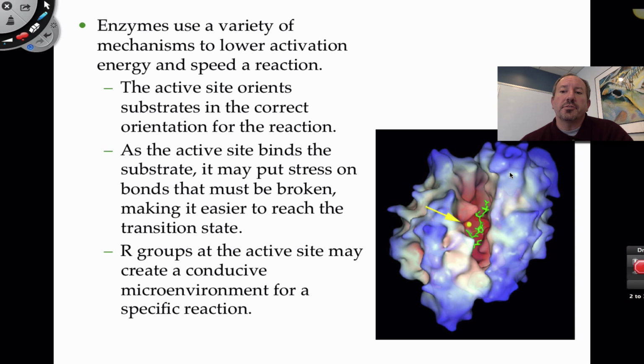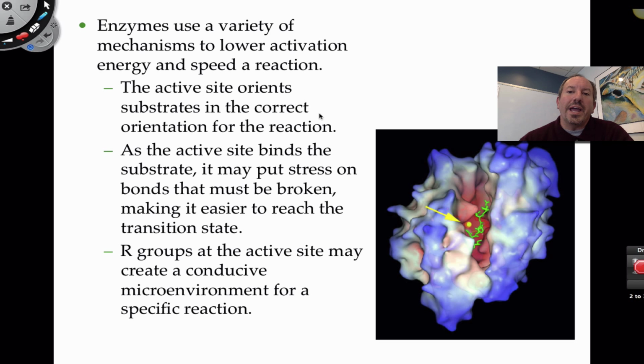In other words, here's a protein. Here's this red active site. This is pretty cool. You can see the 3-dimension. Maybe this yellow dot and this green structure are the substrates. How does it actually work? Well, enzymes use a variety of means to lower the activation energy. Okay? So, in other words, the speed necessary for the reactants to collide, so less heat is needed.